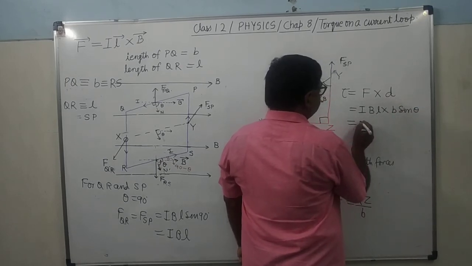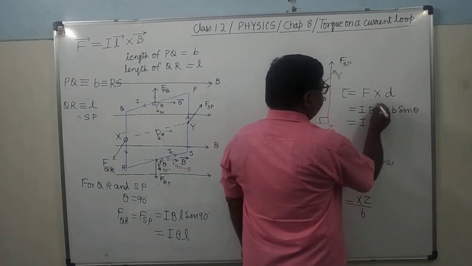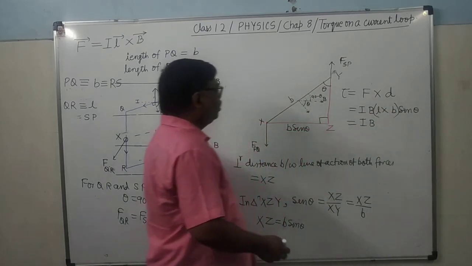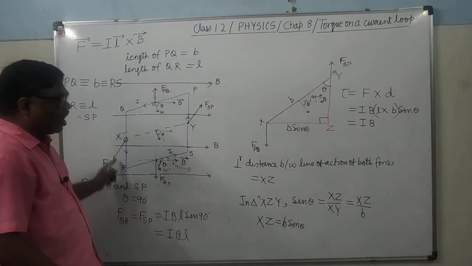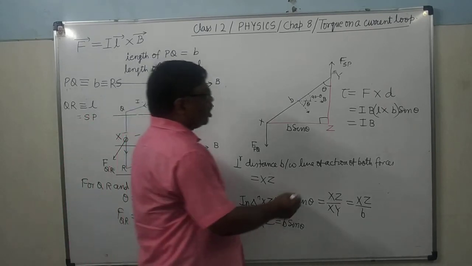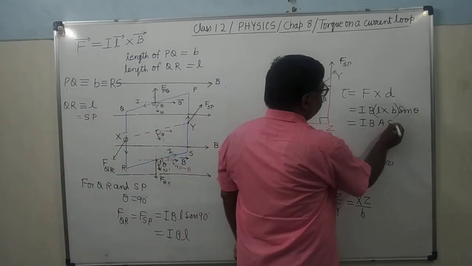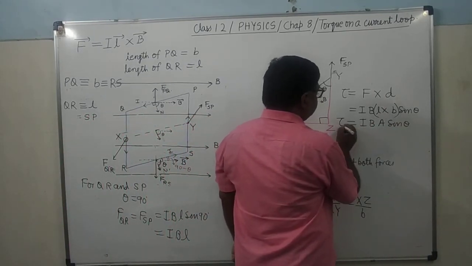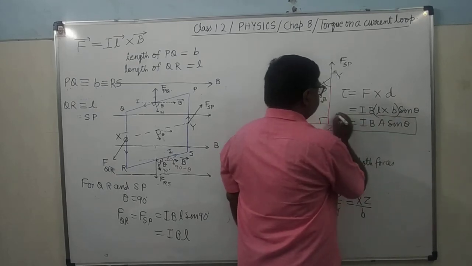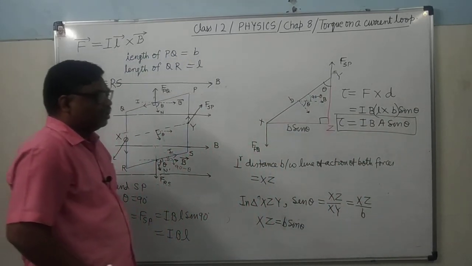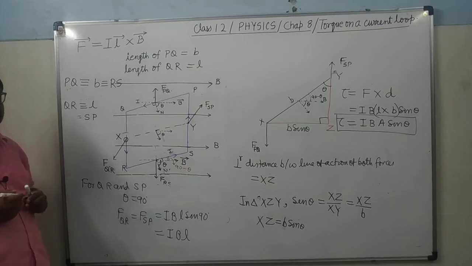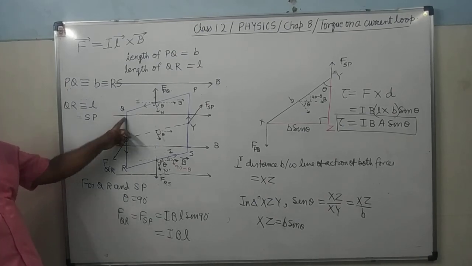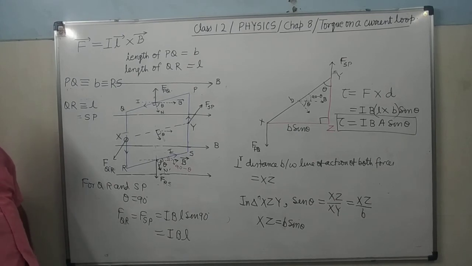So this equals I into B, and L into b, I have already told you, is equal to the area of the coil. So IBA sine theta. This is the torque acting on this coil, this current carrying rectangular loop when it is placed in the uniform magnetic field B